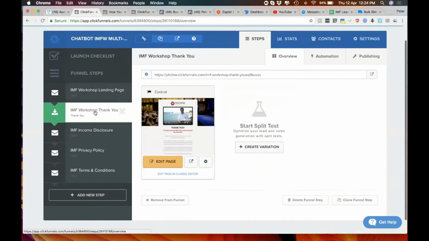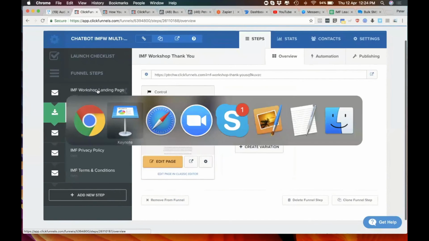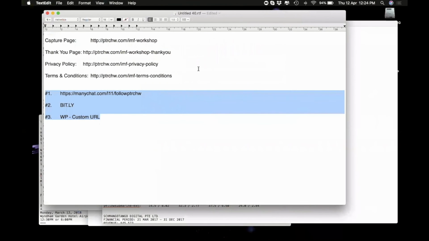So every step or every page over here will require a custom URL, using your custom domain. And what do I mean by that? You will need to create a capture page using your domain name and creating a path, and together this is your custom